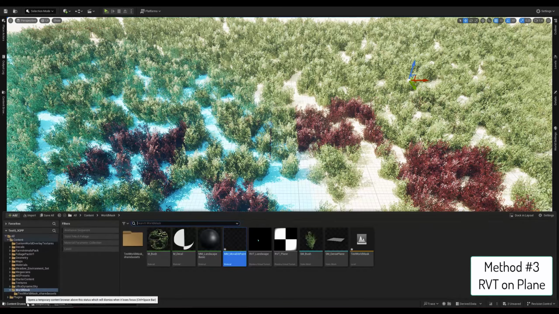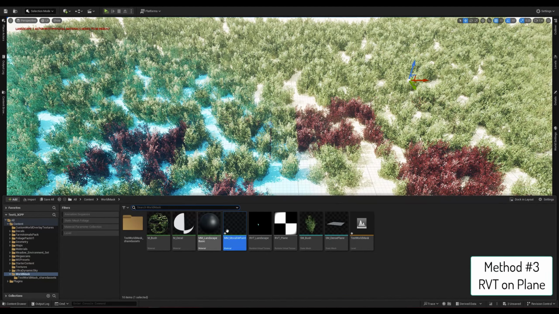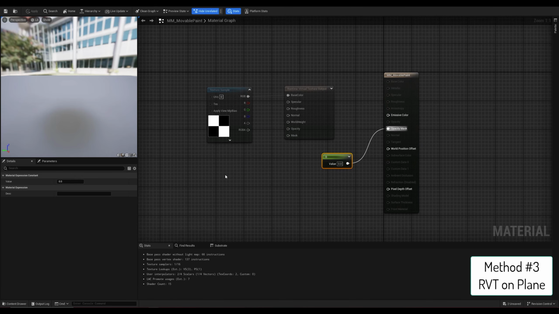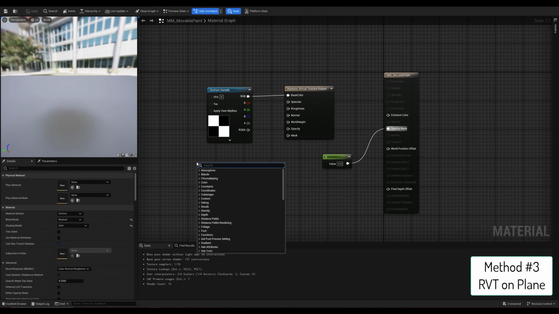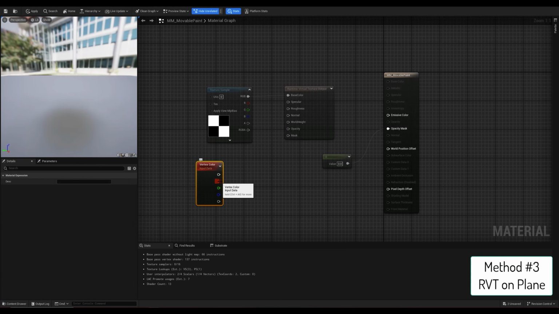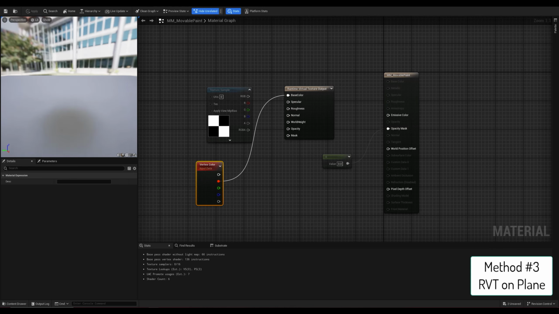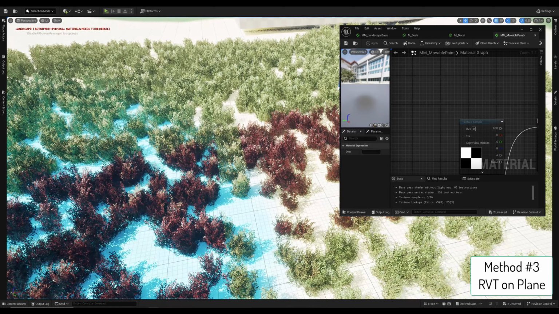Also, you don't have to depend only on textures. You can paint yourself, but we need a different setup for it. You can add a vertex color node and take the red, for example, and plug it to base color, and